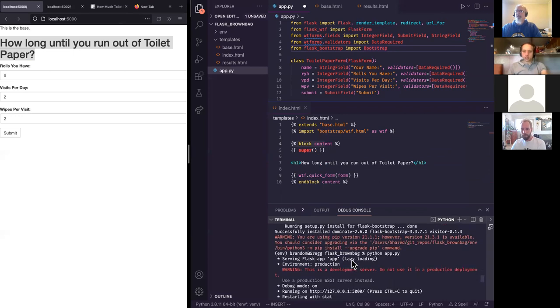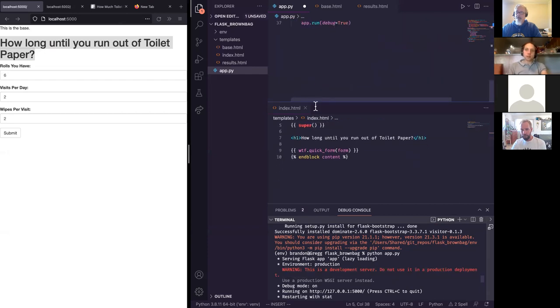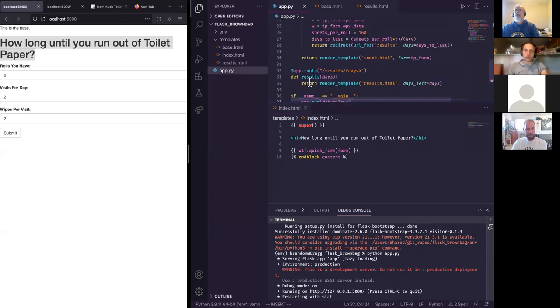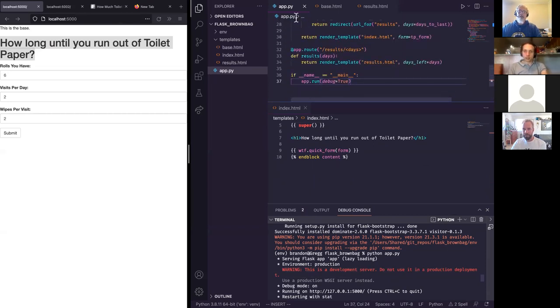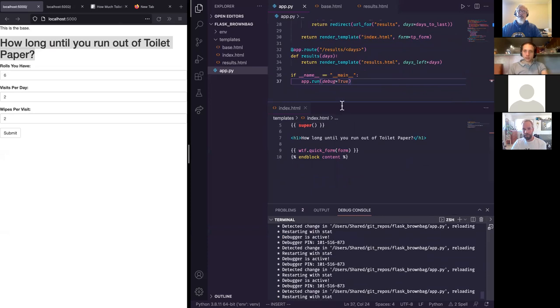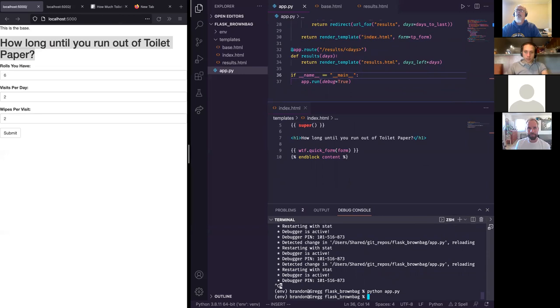So I'm actually going to show you that. This is a fair warning: don't use the Flask server as your production, what you're going to push into the world. Do heed it. But to get rid of this warning, for one, and to allow for flexibility of production versus development, I'm using this function to run the app, but it kind of limits me. Instead, what I can do is export a few